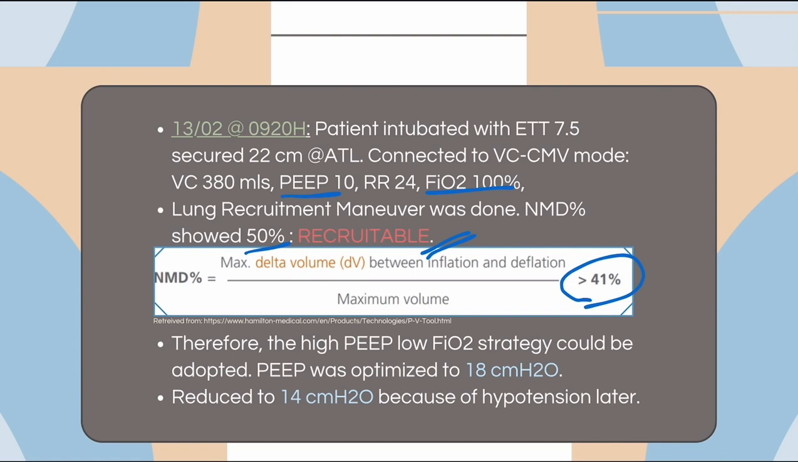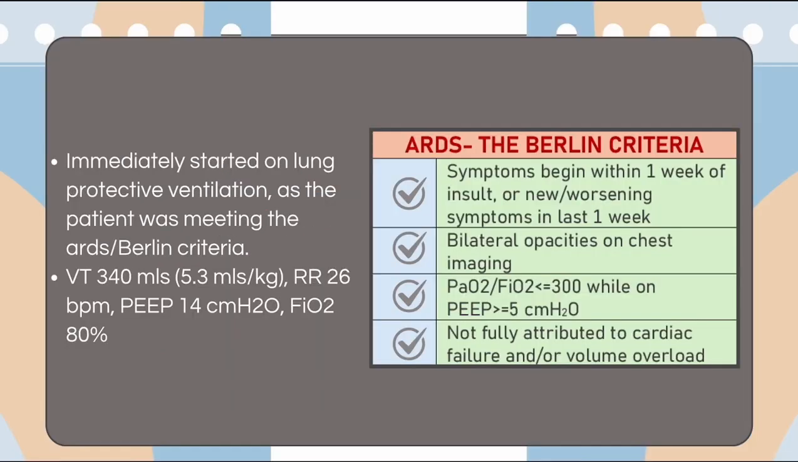And optimal PEEP was found to be 18. But when they set the PEEP to 18, the patient could not tolerate high pressures. She became hypotensive, so because of which we had to come down on the PEEP to 14. So immediately after that, she was started on lung protective ventilation as the patient was meeting the ARDS or Berlin